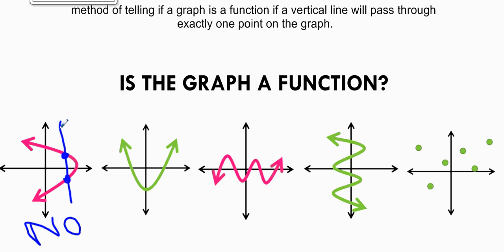When you have a vertical line, all values on a vertical line are x values. So this goes against our understanding that we're not allowed to have any x values that repeat on our graph. Moving on to the green parabola, if I pick a spot to draw a vertical line, now my vertical line only touches my parabola in one spot. So I'm going to answer that yes, this parabola is a function because my vertical line only touches one point